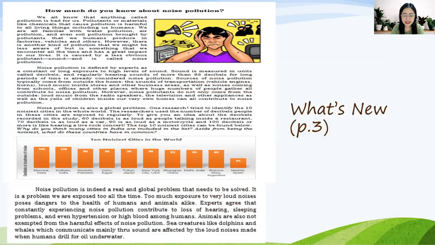Number three, let's focus on the inserted picture. This is the picture. As you can see, there's a picture and there's a graph. Now let's focus on this picture inserted in this essay. What is the function of the picture in this essay? What do you think? Does this picture help you understand the topic or the idea at least of this essay? How about the graph? Does this graph help you understand the content, or at least part of the content of this essay? Try to think of it.